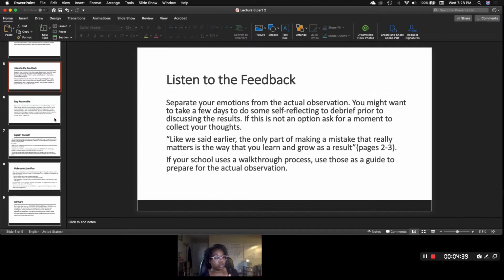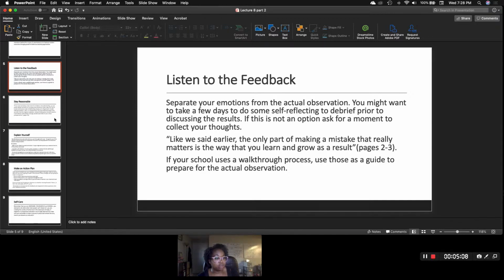So trying to separate my emotions is a process that I do, because when I'm emotional, I can't think about what's being said and process it. My emotion kind of serves as a filter and a blocker. So my advice for you to separate your emotions from the actual observation is to put things into perspective. Give yourself a moment, unless the meeting's right after, then ask, can I meet you in your office in a few minutes? I just have to go to the restroom.